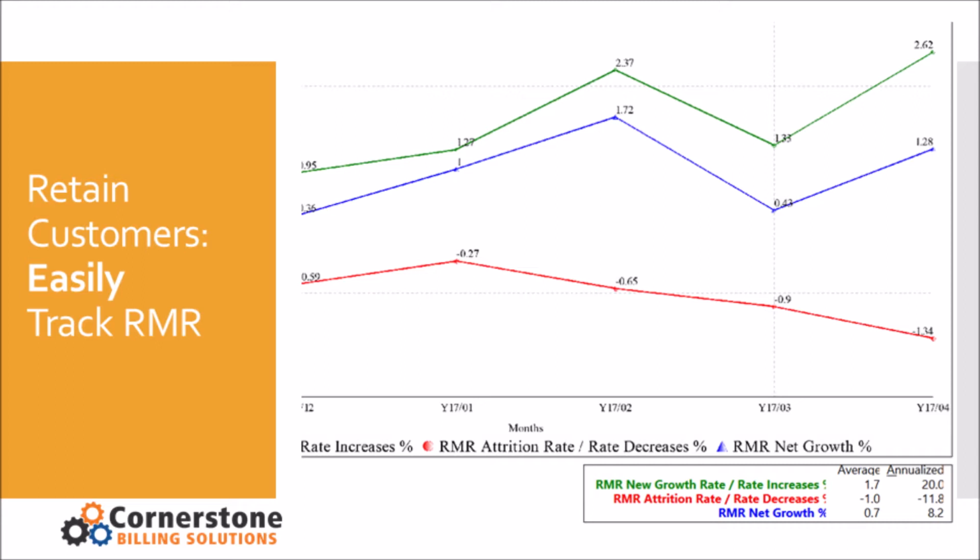So you have at a glance kind of how are we doing, how fast are we growing, and you can see at the bottom right, we annualize these and basically give you your numbers. So this company is growing at about 20% a year. Their attrition is about 12% a year, net of 8%. Don't know if that's good, bad, or otherwise, but at least you have the data that you can then act on. There's a lot of detail behind this report, basically line by line detail, so you can go back and say, okay, what happened? Why did attrition go up this month or go down last month?